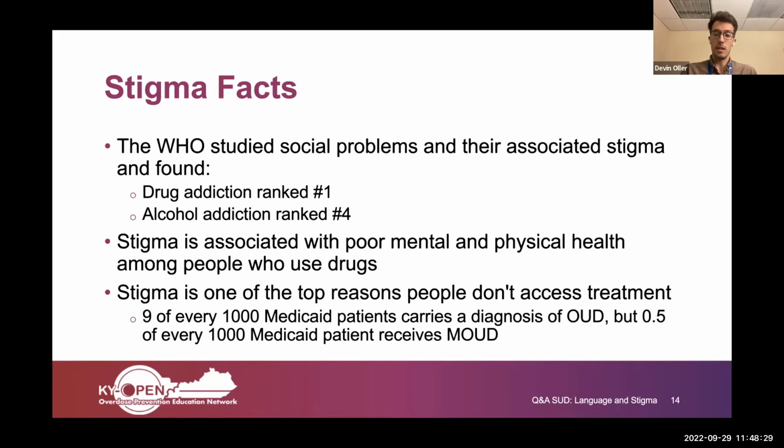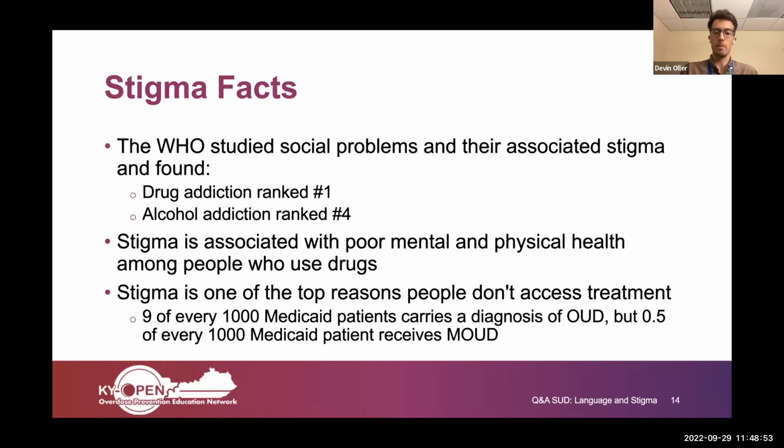Somebody identifying that they feel stigmatized is associated with poor mental and physical health. And so we see that a lot among people who use drugs. And it's one of the reasons that they can't access treatment. If providers or systems or institutions have this stigma towards people who use drugs, they will make it harder for